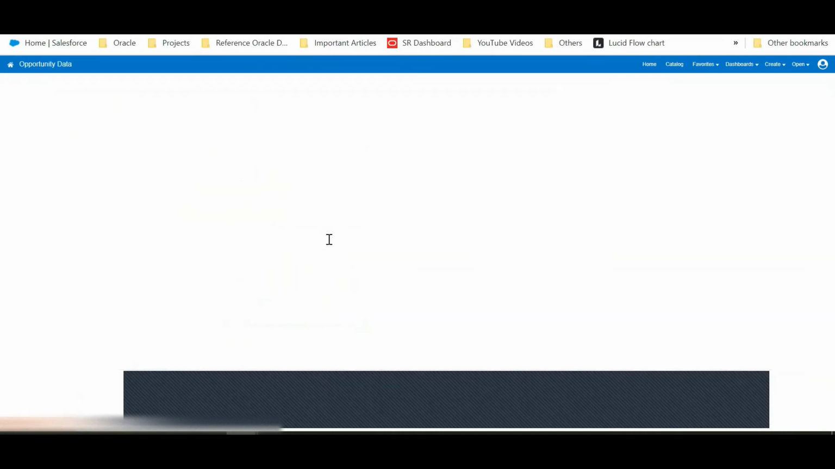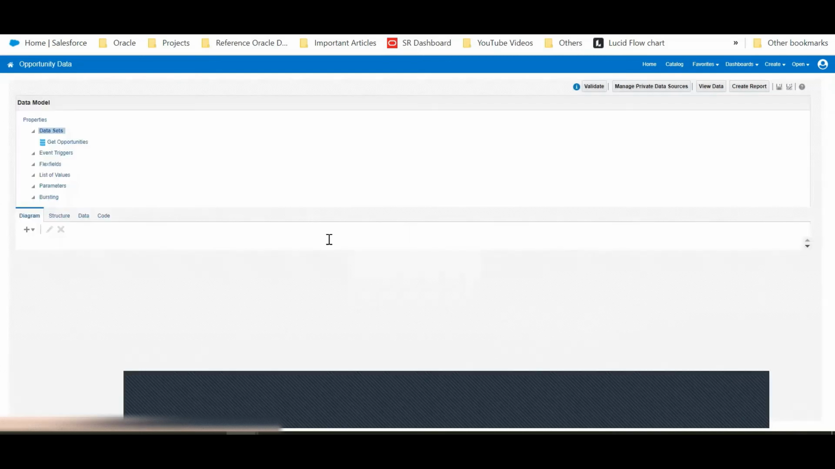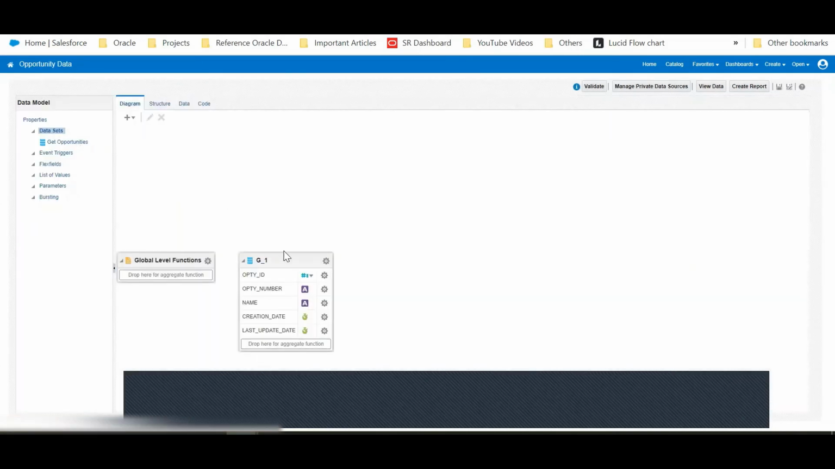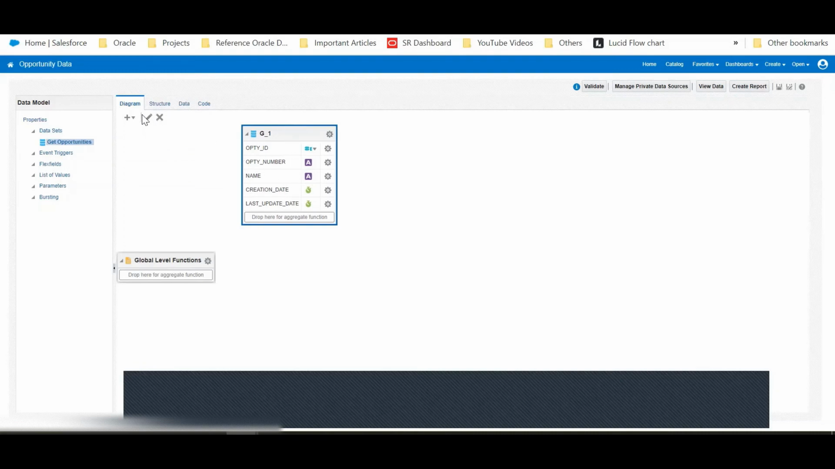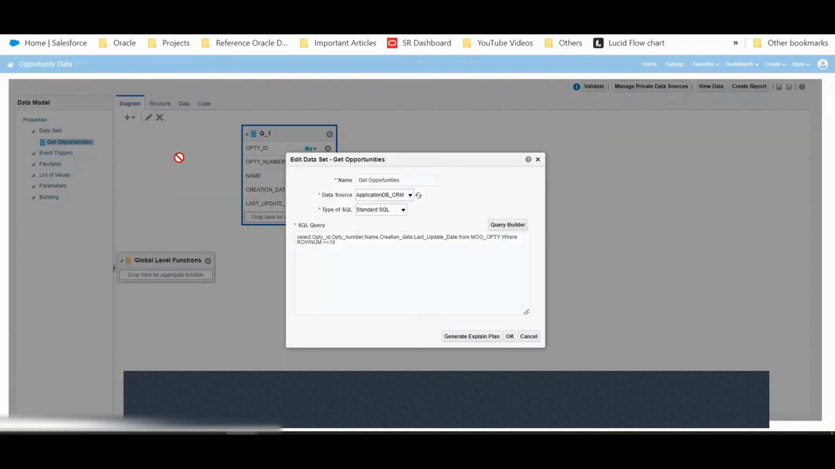Now if we want to define any parameters, we can edit the data model. I'll just click on the edit button. If I want the report for a specific opportunity number, what I can do is, in the where condition, I can give opti number is equal to